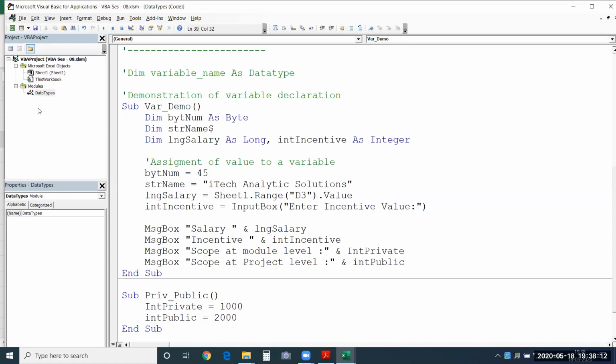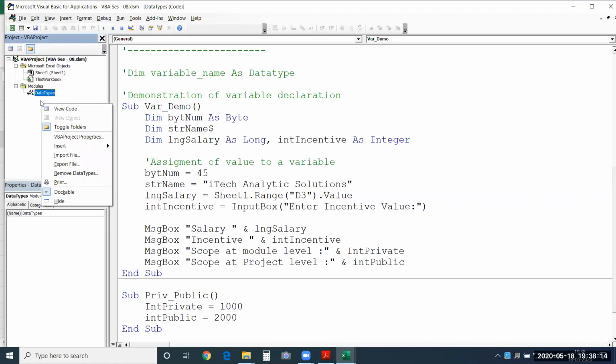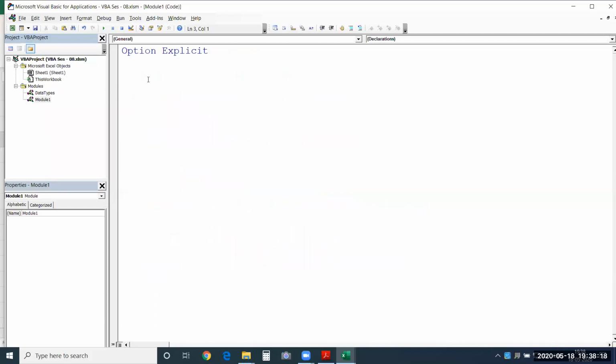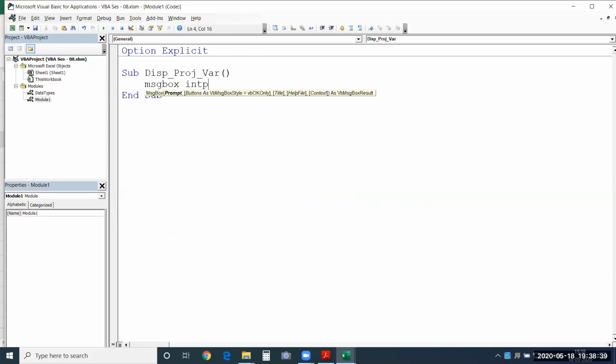Now let me use this in a separate module. I'll insert another module. I'll use this project level variable over here. Sub display project level variable, and say message box and public.